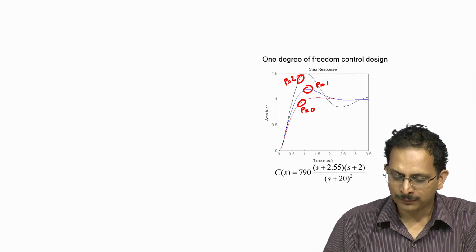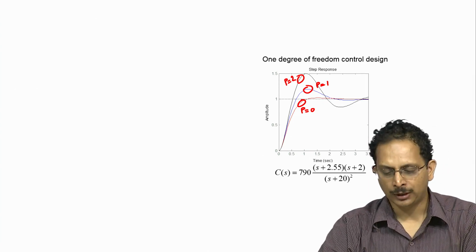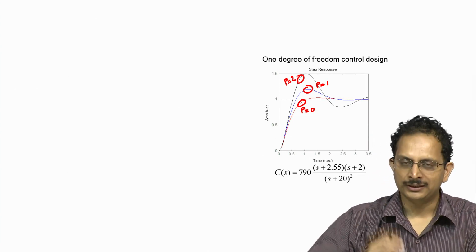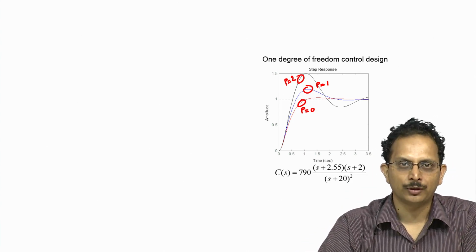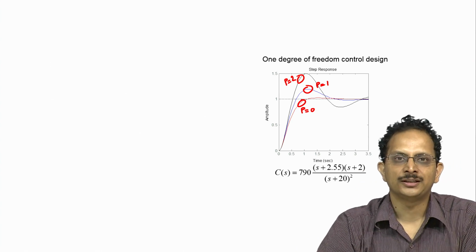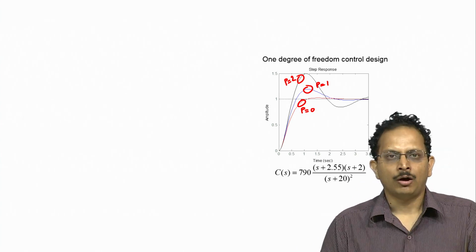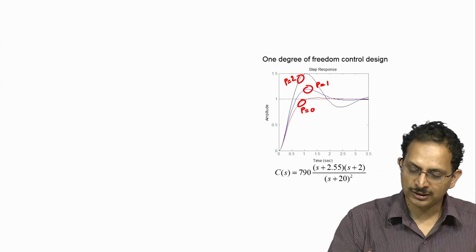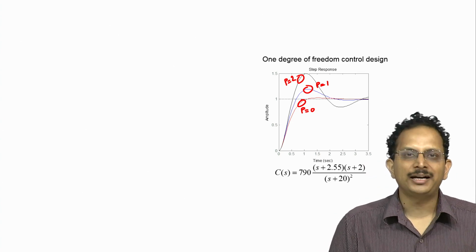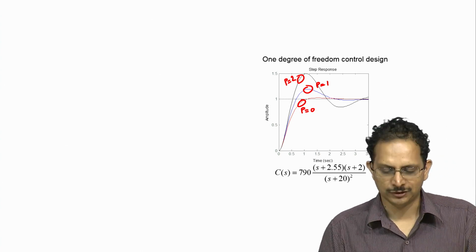And as you can see, the 1 degree of freedom controller does a poor job in restricting the variation of the transient response due to the variation in the plant's pole location, or equivalently the dominant pole of the closed loop system wanders about by unacceptably large amounts when the plant's pole changes.